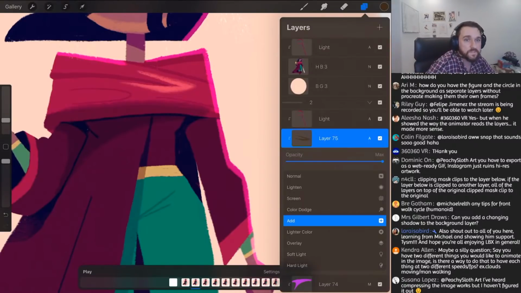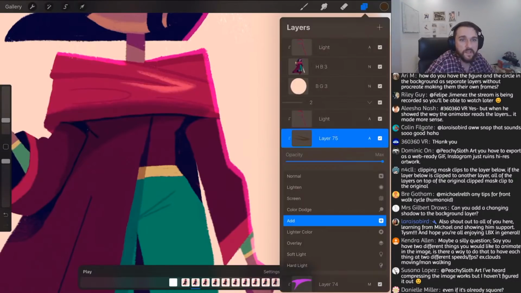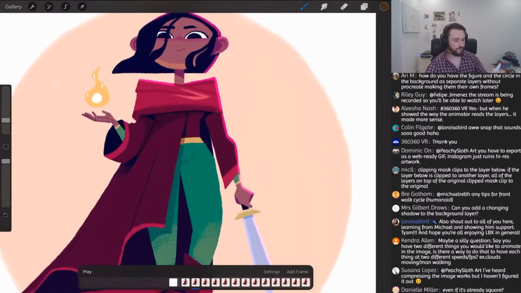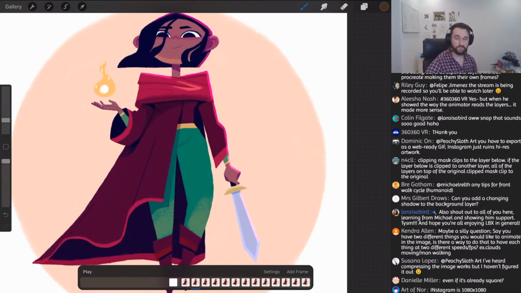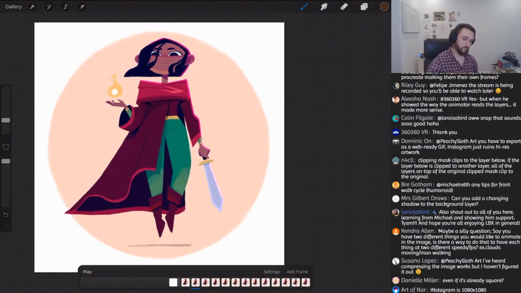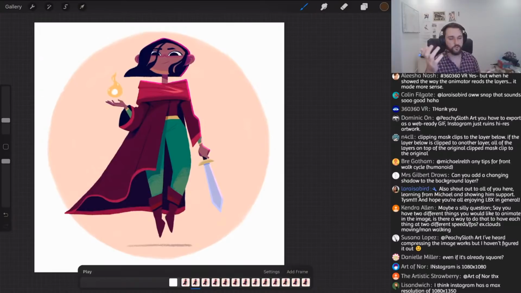Might be a silly question. Say you have two different things you want to animate in an image. Is a way to do that to have each thing at two different speeds, frames per second? Not frames per second. In Procreate, everything has to be set to your scene's frame per second, and everything will be on the same timing as well. What I would recommend if you want to animate all that in Procreate would be to maybe make the files separately and figure out how you want them to move and then bring them in together. That might be one way to do it. Or you just sort of plan very carefully. So, yeah, I don't know if that answers that exactly, but